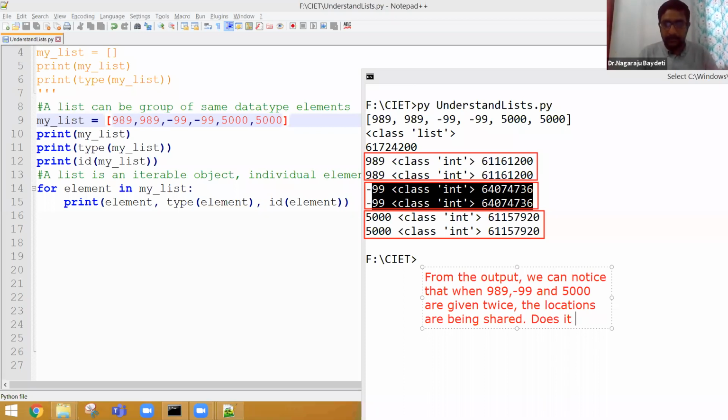Does it mean 989, minus 99 and 5000 are integer interned?